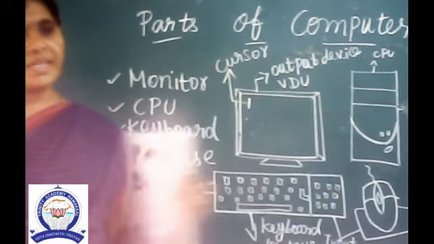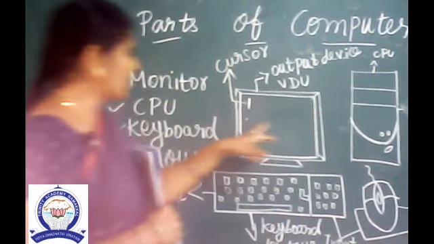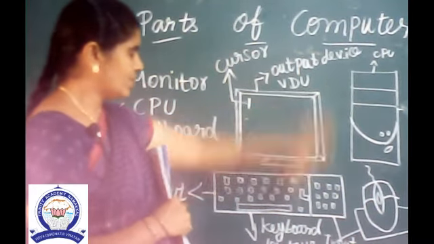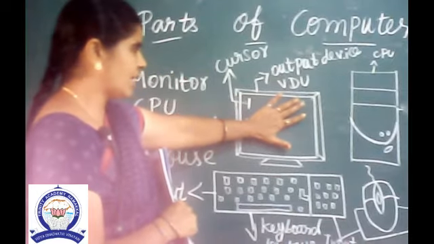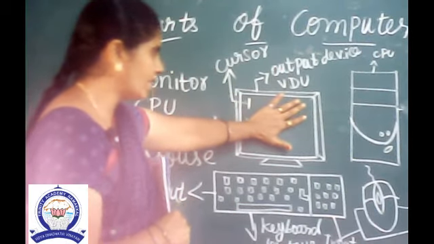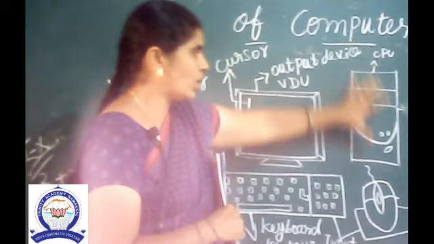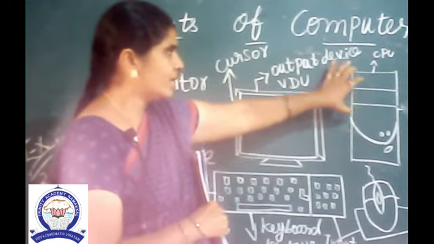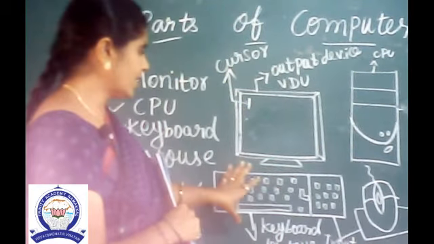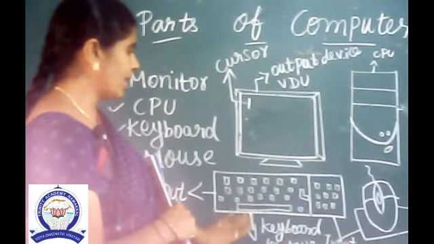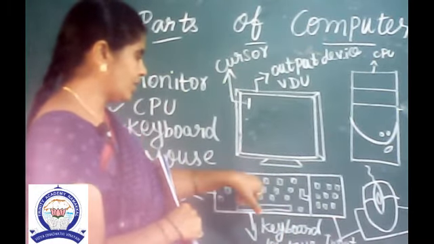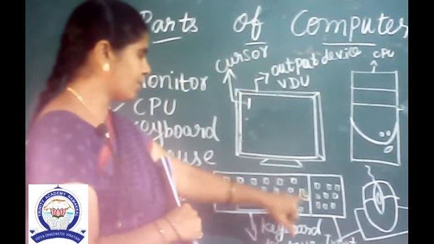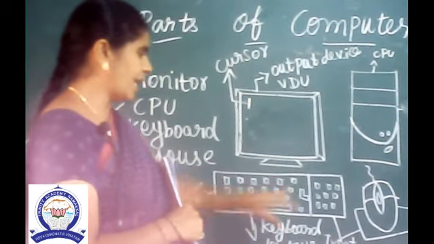Mouse is a pointing device. Next one is, we finish this all. Monitor, the other name of the monitor is a visual display unit. Then CPU, all the arithmetic process is done in the processing unit, and then this is the keyboard, nearly 104 keys, 5 different types of keys: function keys, alphabet keys, number keys, special keys and arrow keys.